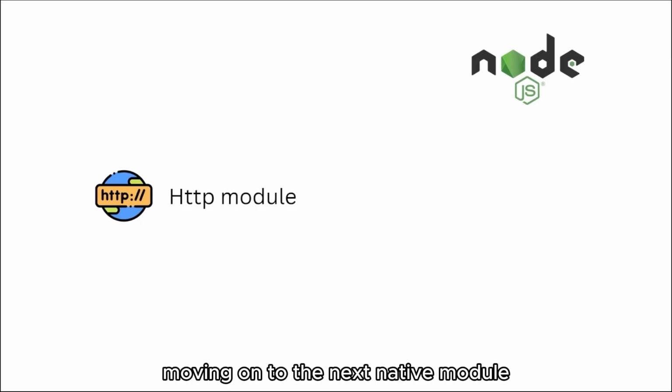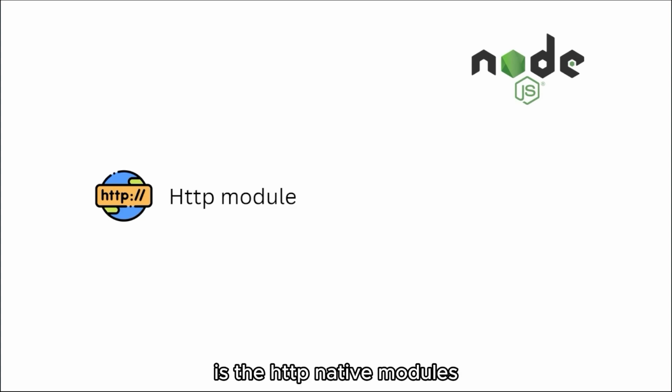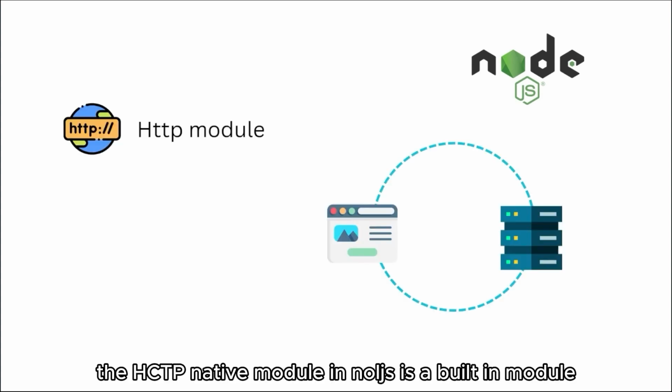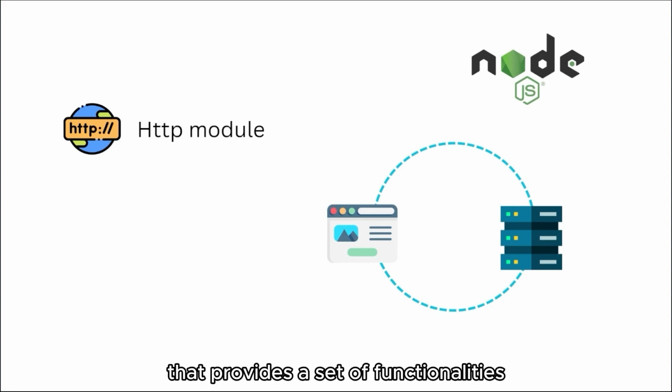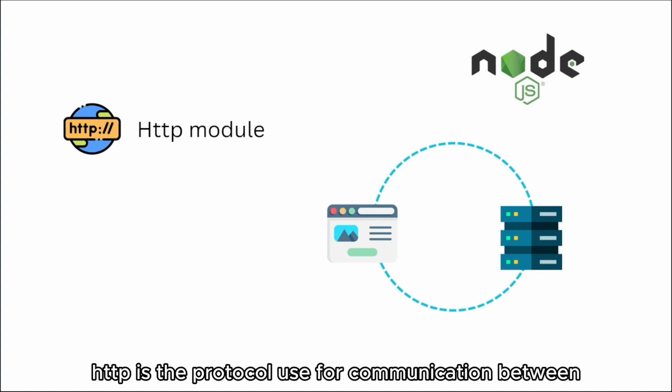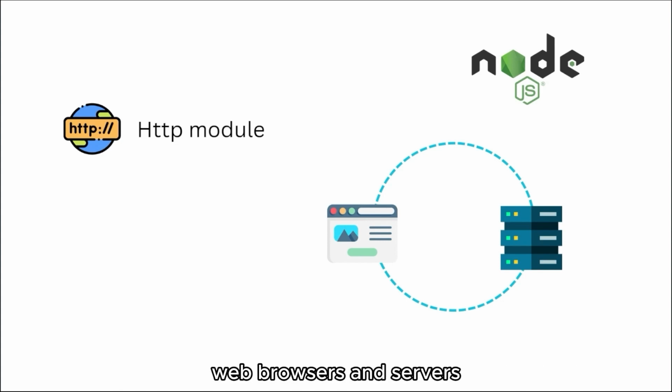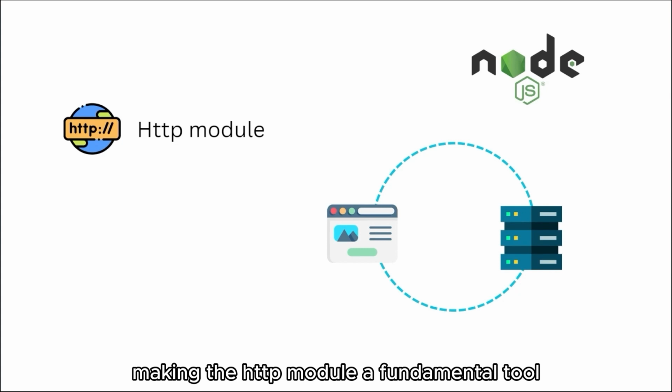Moving on to the next native module that we will discuss, the HTTP Native Module. The HTTP Native Module in Node.js is a built-in module that provides a set of functionalities for creating and interacting with HTTP servers and clients. HTTP is the protocol used for communication between web browsers and servers, making the HTTP module a fundamental tool for